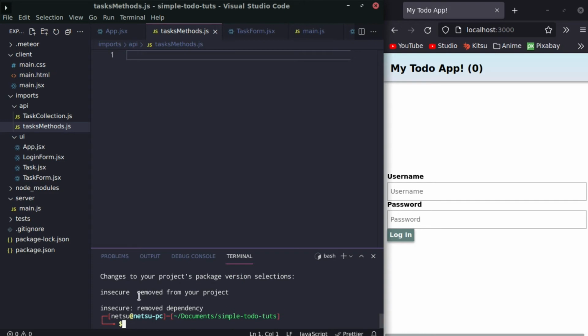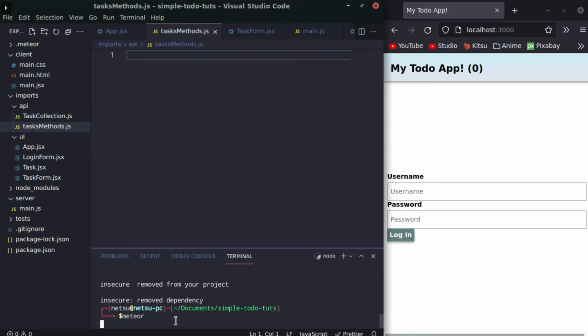And here we go, insecure removed from your project. Once it has done that, you can just say meteor again to start up your project once more. Now in here, we want to import two things. First, we want to import check